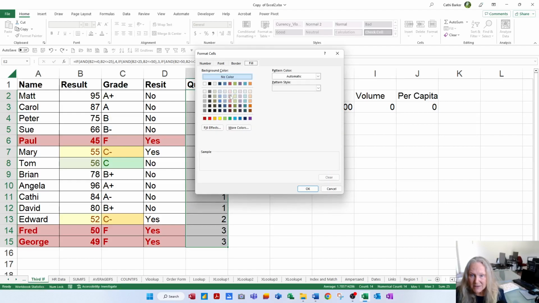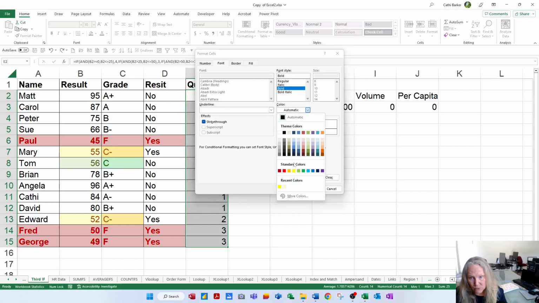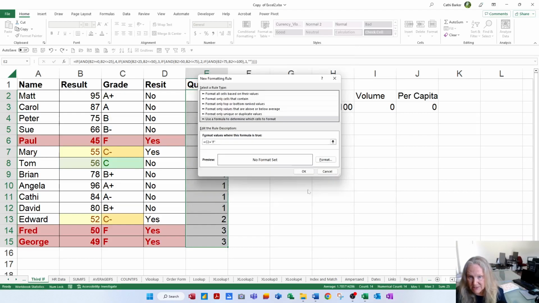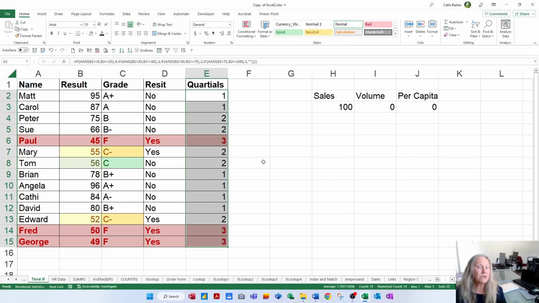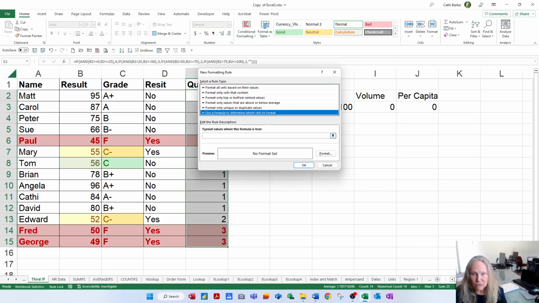See what I mean about it's a bit of work? So the answer is yes, it can be done. There's quite a bit of work that goes into it, especially if it's a large list. And do you really want it that badly? Because now I've got to go through and do the next one, conditional formatting, new rule, use a formula, and